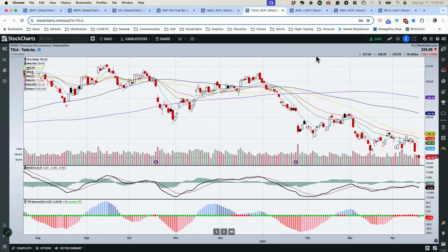So whenever you start to see the NASDAQ not just pulling back, but really shifting in trend and breaking lower, the main thing that I always want to focus on is going to be the relative weakness names in the space. Because if I'm going to go short, it has to be something that was already weak. I don't want to come in and try to short some of the strongest names in the space. So that's why I wanted to look at Tesla and show you the way that the stock has been in a downtrend all year. We're also coming up on earnings next week,